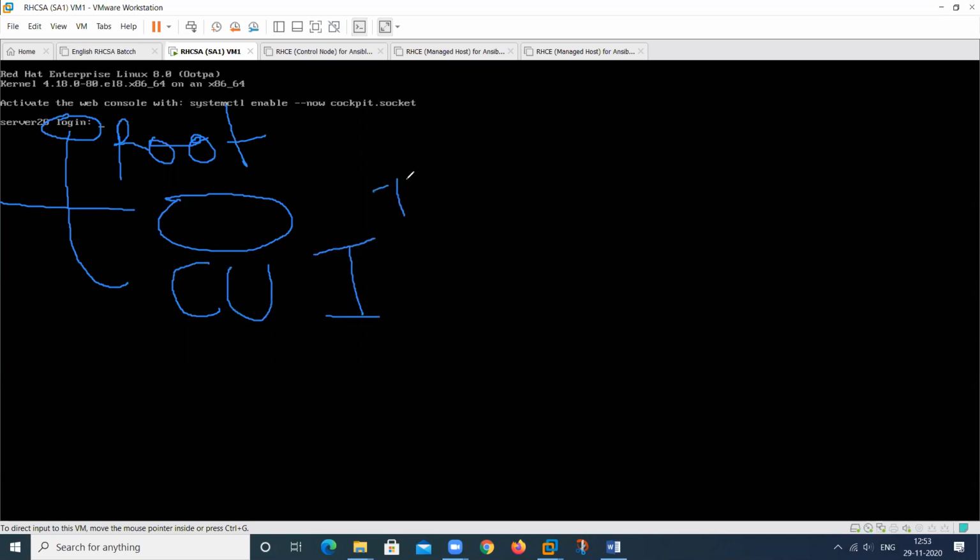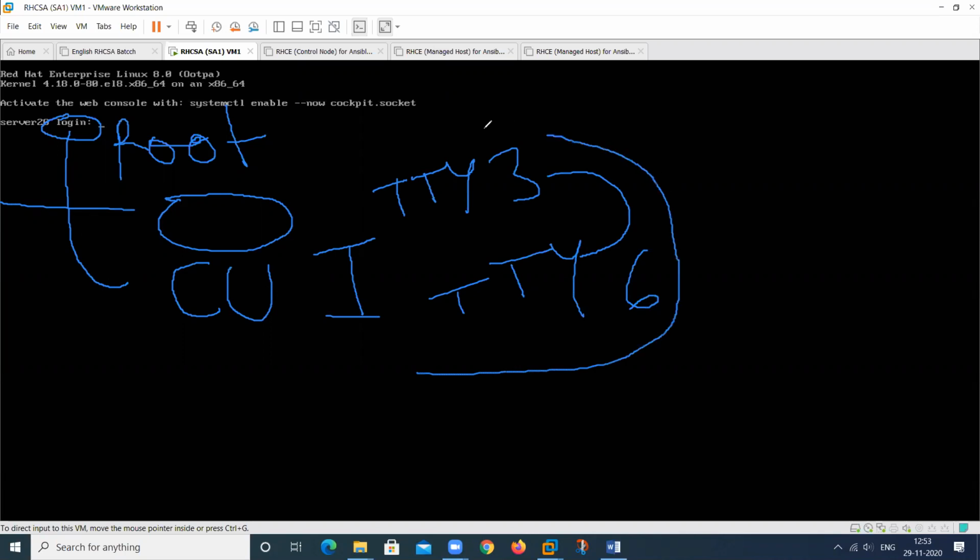So this is TTY3. We can open another command line till TTY6. Only 6 terminals we can open, but these are only CUI from TTY3 to TTY6.